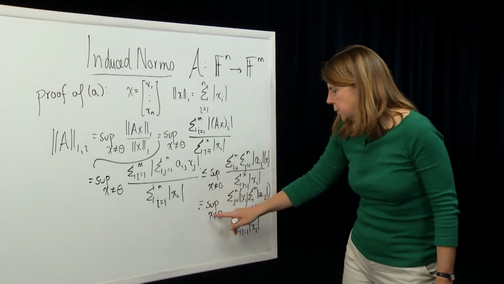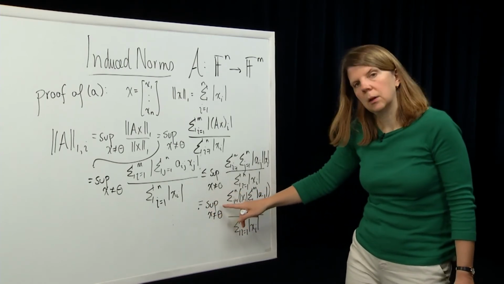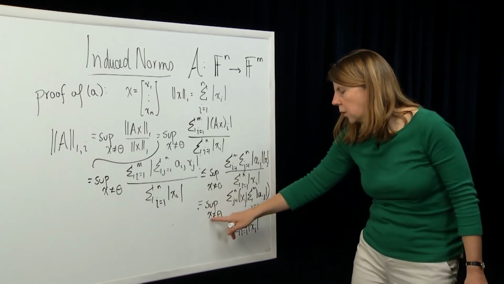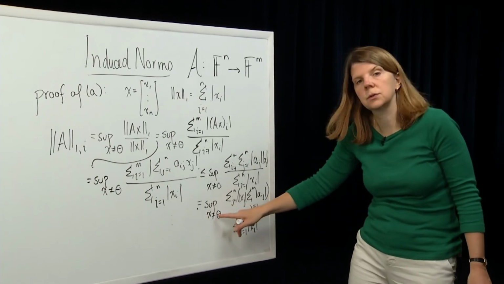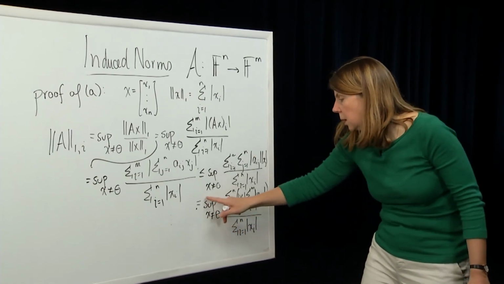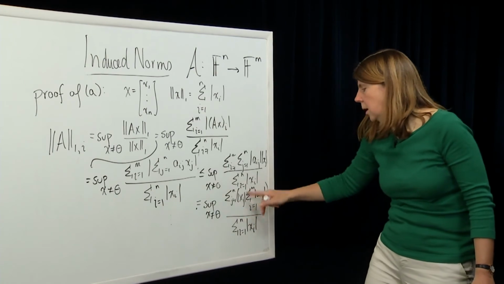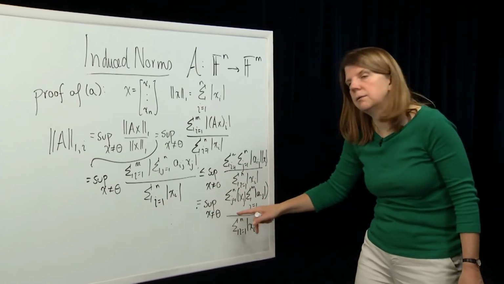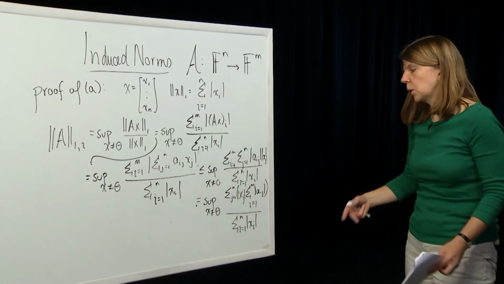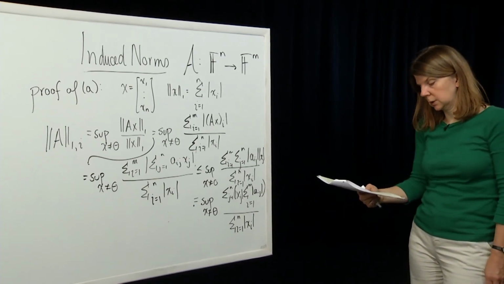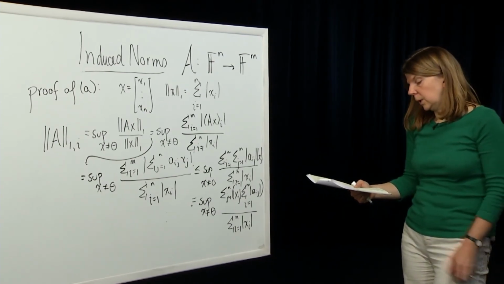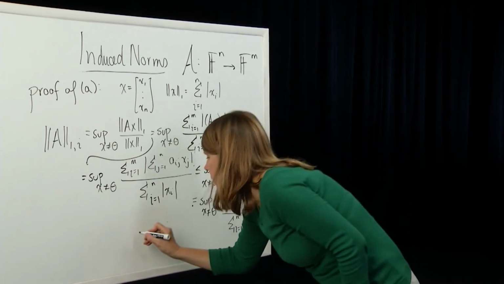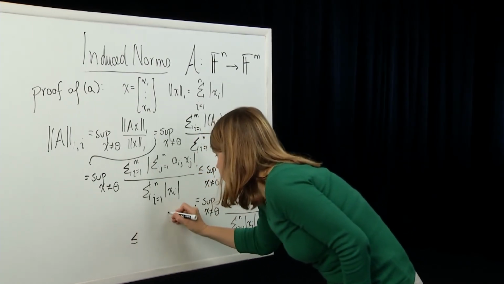We're ranging over all x in our domain such that those vectors x are not equal to 0, but we're trying to take the supremum of that expression. So choose the value of x which maximizes, or supremizes, that expression. So for example, we can show that this is less than or equal to, and I'm skipping a couple of steps here,